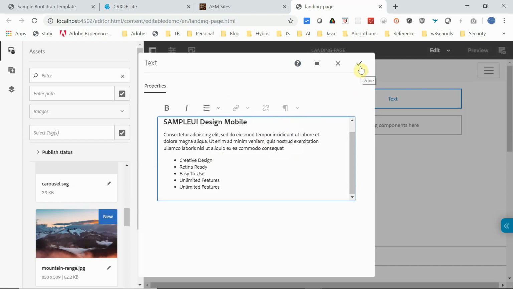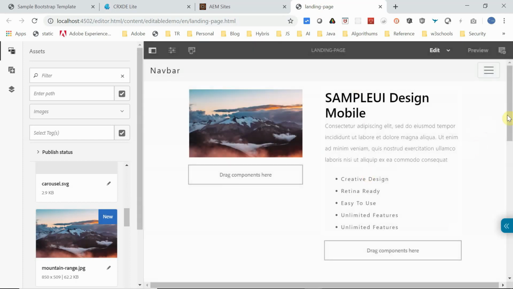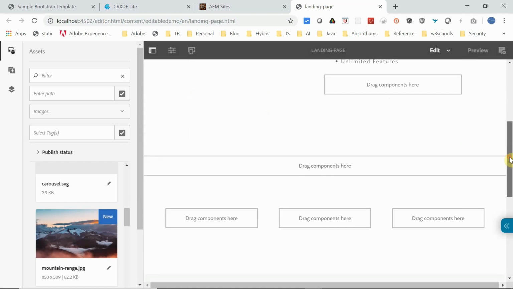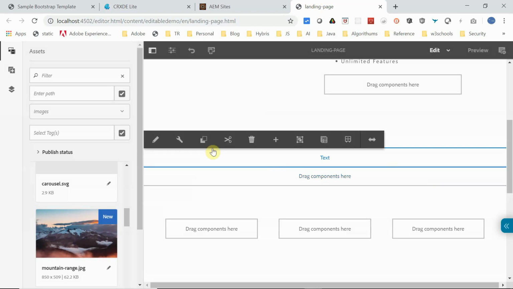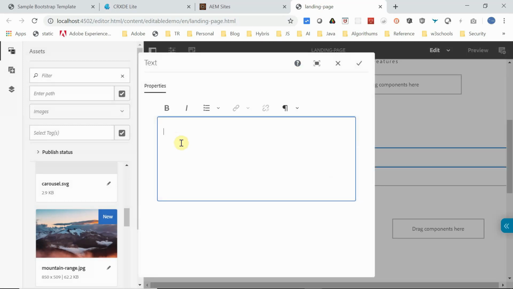Done. Okay, now this is done. Now I need to add a title here. For that I go here, again text component, configure, something like sample info. I will make this heading 1, that's done.